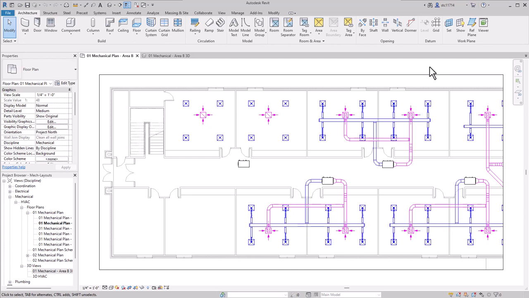In this video, we are going to see how Autodesk Revit can be used to automatically generate layouts for HVAC and plumbing systems. First, we'll take a look at an HVAC system. Here I have created a supply system and a return system, and I would like to have Revit automatically create some ducts for me rather than having to manually draw them in.